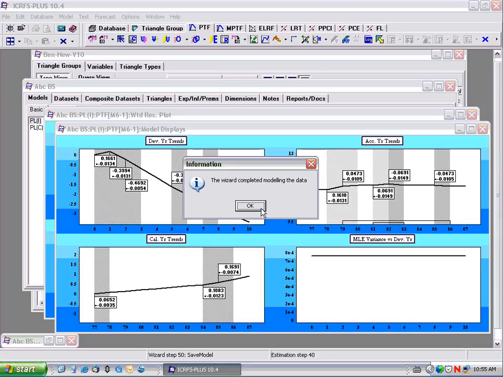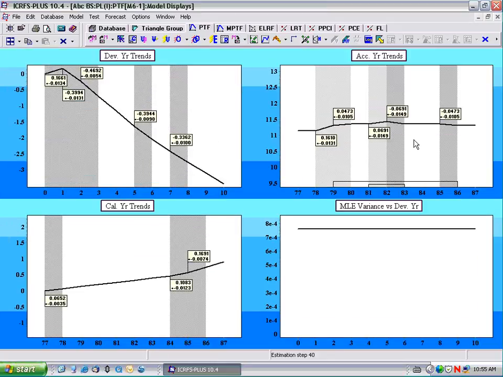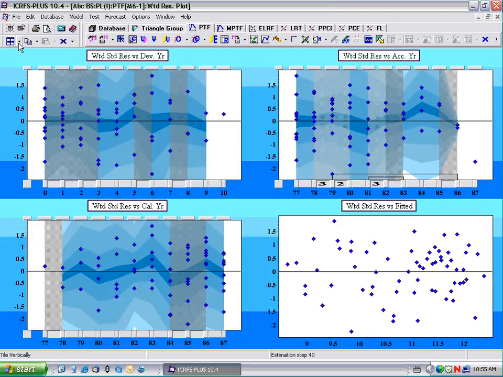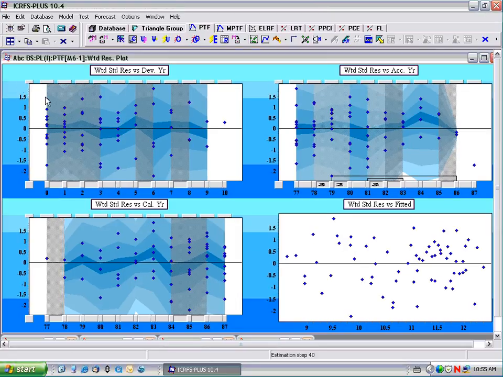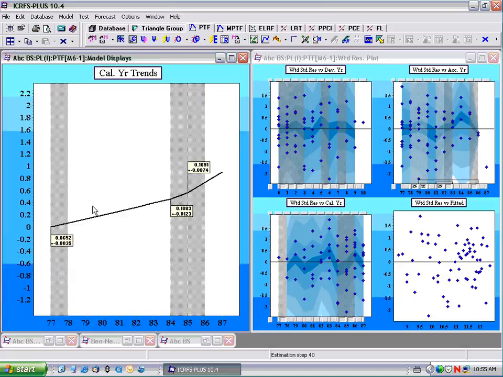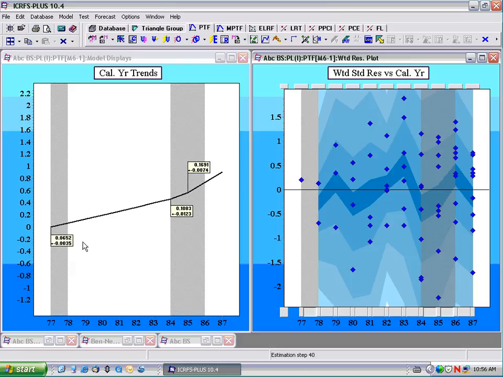So what's the structure in this data? The structure is that when you look along the calendar years, there are major shifts in trends. Let's open the residuals also. Remember, residuals represent trend in data minus trend estimated by the method. With any model in the PTF modeling framework, we have a succinct picture of what is estimated by the method. We've got descriptors. So for instance, the method along these calendar years estimates 6.52% plus minus, between 84 and 85,